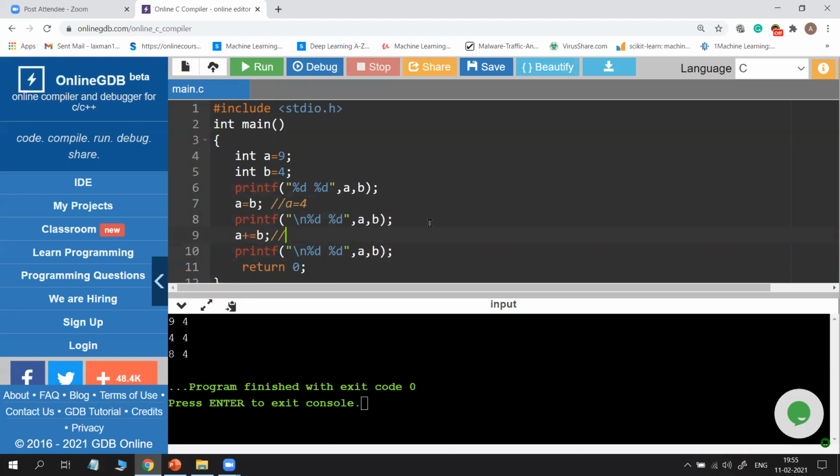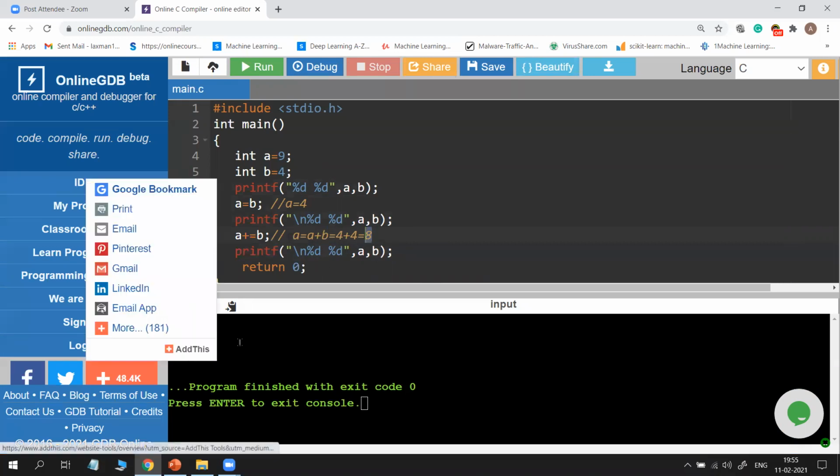Yes, this is equivalent to A is equal to A plus B. What is A? 4. Plus what is B? 4. So 4 plus 4, 8. So A is equal to 8, and that 8 is printed. And B value is not changed. So B is equal to 4 only, so that 4 is printed.